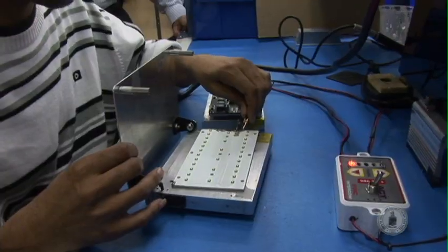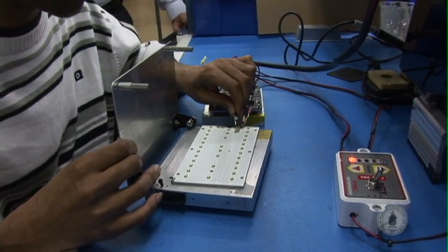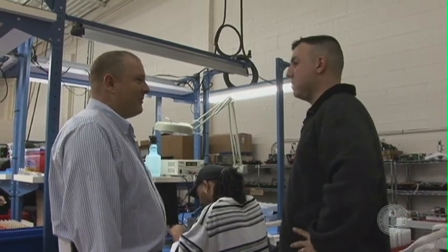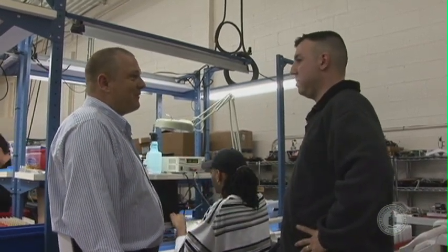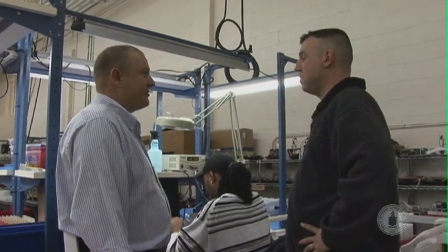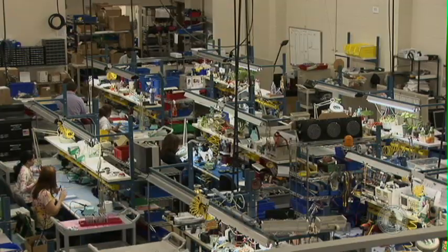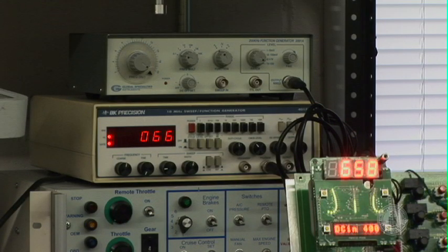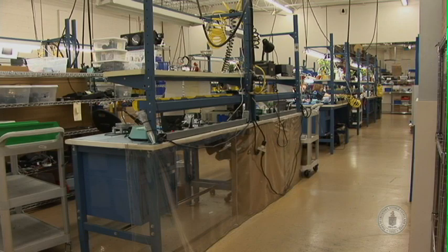If this one works, then it becomes mass produced, or does each board come here to be tested? Each board is tested individually. The light can be made of 3 to 5 boards depending on the version of the light, and each component is tested individually before it goes into production. How long would this process typically take? For each product, because there's several boards, it's done over a several-day period, but it takes about 10 minutes to